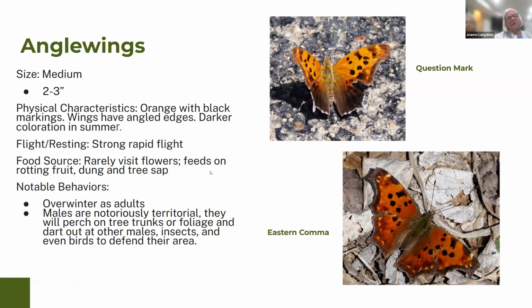If you have a tree that's been cut down in the early or late spring and summer and it's oozing sap, don't be surprised if you see these two there. They are 2 of the ones that overwinter. On a warm day in February, March, they'll come out. This March, we had some really warm days, and I was walking and I'd see quite a few of them, particularly the eastern comma. They're territorial. They like to fly down into the grasses to hide, and you often see them on the dirt and grasses.